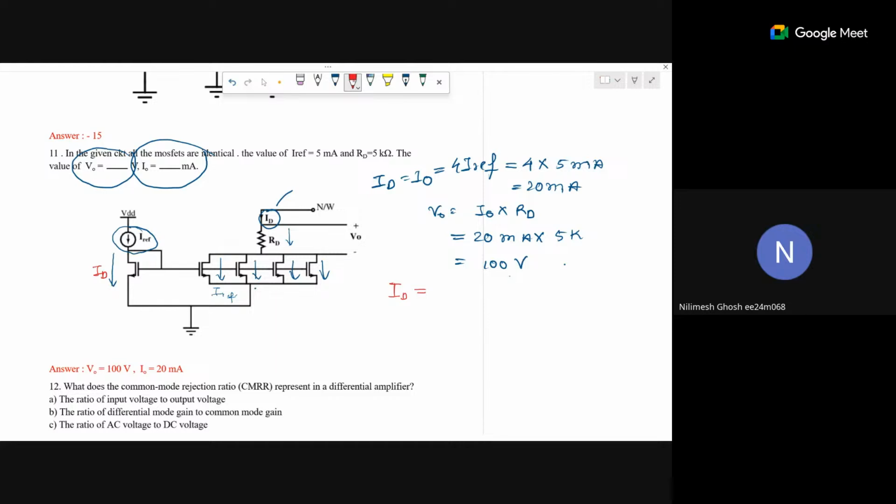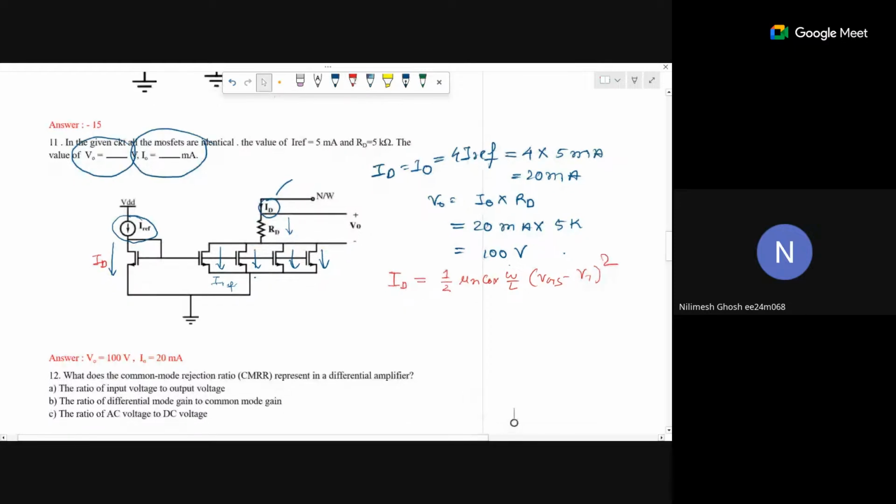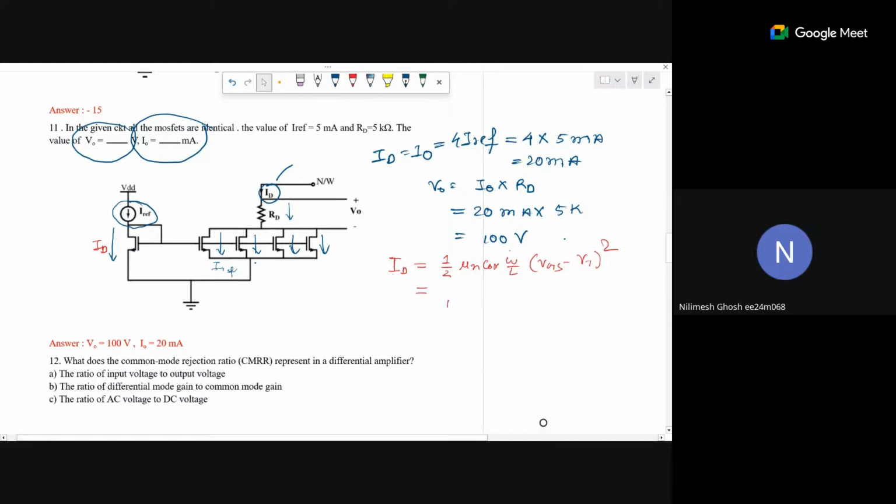This is 1 by 2 mu n Cox W by L into VGS minus VT, whole square. If the MOSFET operates in triode region, which is equivalent to linear region, then this will be